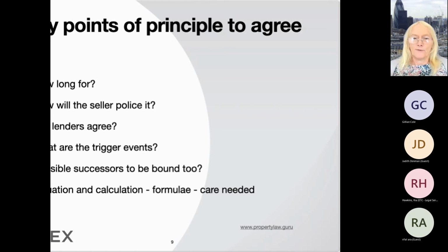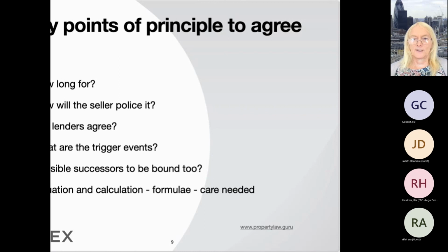Just like we talked about before on calculation of price for overage, you've got to think conditional contracts, you've got to think about the numbers. What is the base value? The buyer or builder shouldn't have to pay overage on the general increase in value of land, like I've said. So there would normally be a valuation immediately before the trigger event. In theory, the valuer would say what the price of the land would be without the trigger event, and what it would be with the trigger event. That's the increase in value. That's what actually attracts the overage.